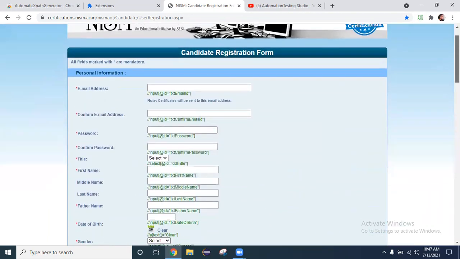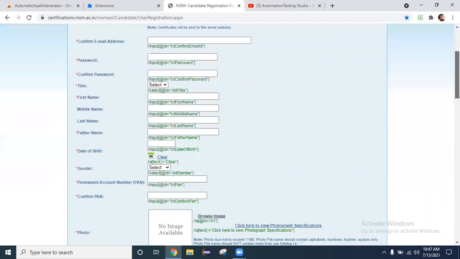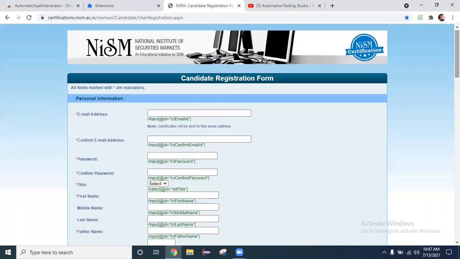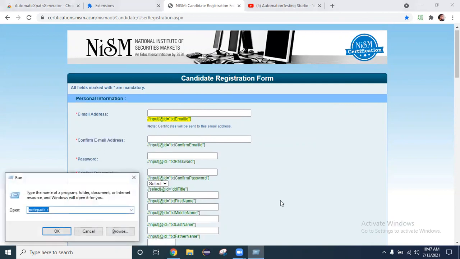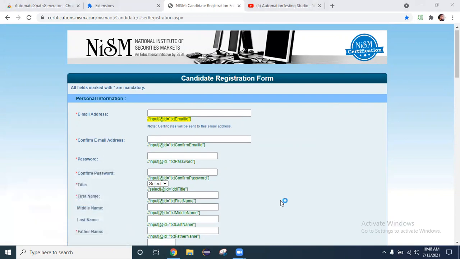So what we have to do now, if you want to use this XPath, you just have to click here. If you click here, the XPath will change to yellow color, and it means that that particular XPath has been copied. You just have to go to Notepad.